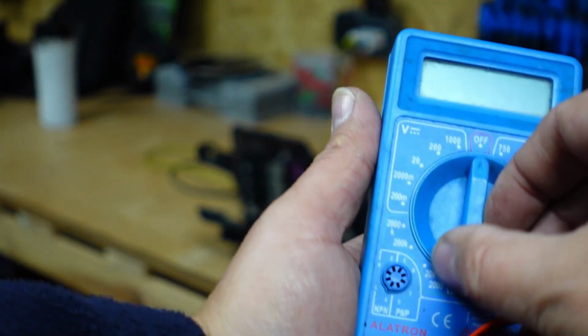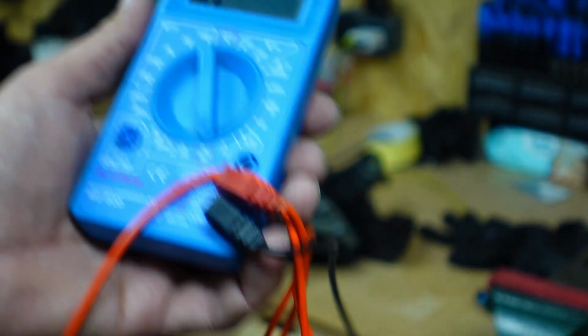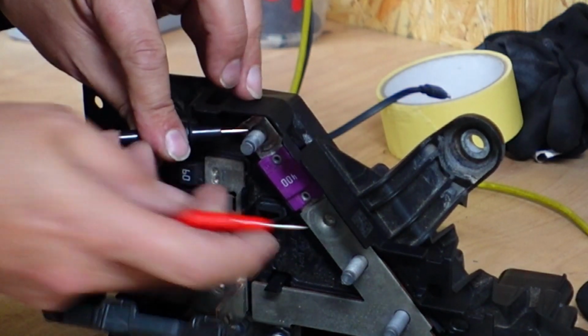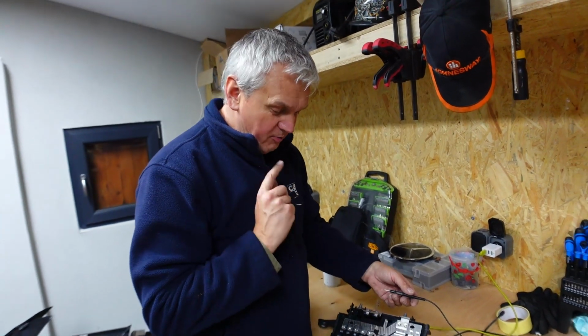Ta-da! Now let's set a meter to the continuity test. There it is right there. And let's have a look, see if this works. One prong on one side of the fuse, and there's the signal. Okay, we have continuity, and as I open up this fuse box, there's actually a few more fuses that we